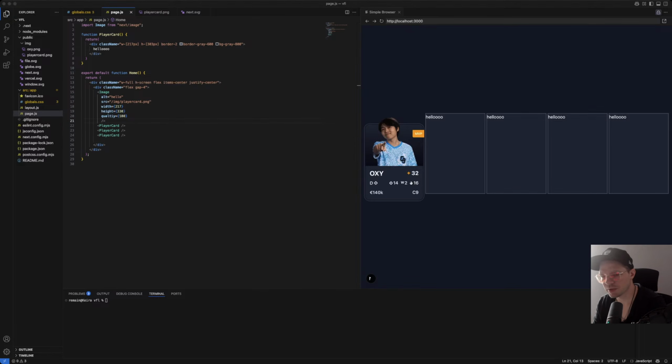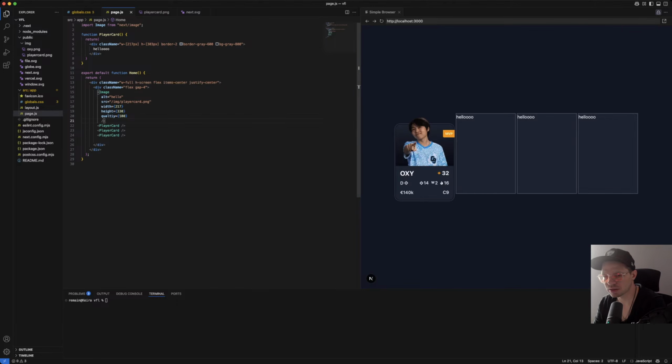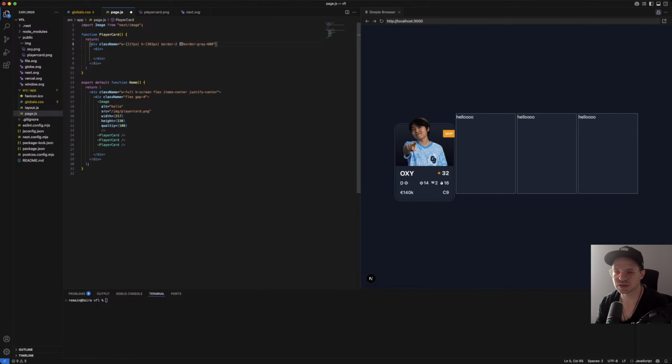Alrighty, well, thanks for your patience with that tangent, with my silliness. Okay, so now we've got this card that we can start to play with and do things with. And I think the first thing that we're going to do is make a separate card within the card. And this is going to be where we actually put all the stuff. So this outer layer is where our border is, but then we don't have a background there. So the background is actually going to be on the inner div, and we are going to set background gray 800. You'll see that show up on the inside. Actually, you won't, because it's